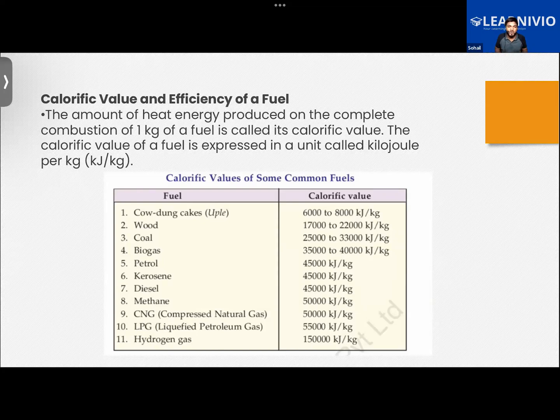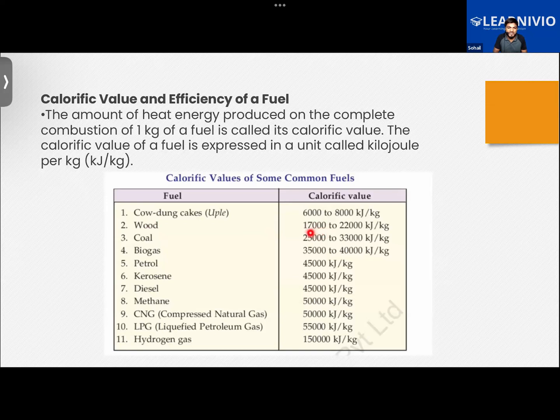That is released upon complete combustion of 1 kilogram mass of a given fuel. Say, for example, you have 1 kilogram of wood. Usually, upon complete burning of 1 kilogram of fuel, when will complete combustion take place? When enough oxygen is available to the wood, and we are heating it to a sufficient temperature. So when 1 kilogram of a fuel, let us say wood, is completely burned, it would be releasing